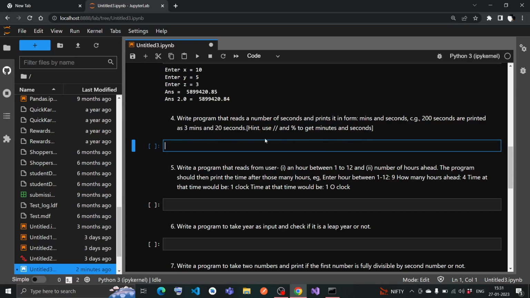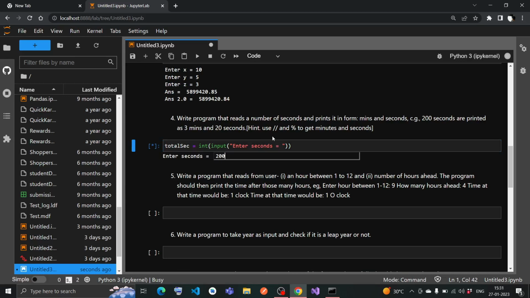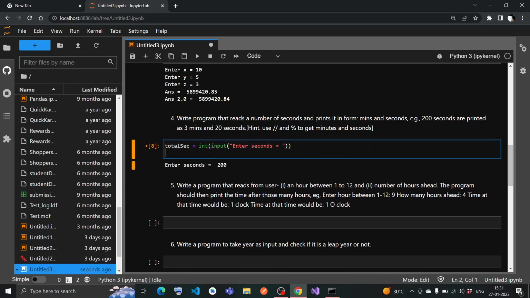So okay, I'll use total sec. This is a variable and I will put my user input to it. Okay, enter seconds, fine. And oh sorry, it will not print anything. So minutes would be, let me copy this and paste it here,